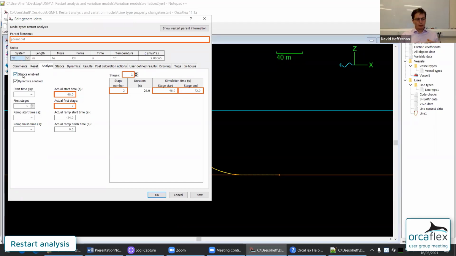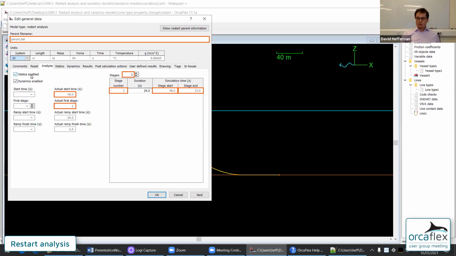I want to pick up all the nodes, positions, velocities, accelerations, any seabed friction state, anything like that. I want to pick that up and start my restart analysis with the model in that state. But instead, I've said no. Go and put the model in a static equilibrium and then start dynamics, and that's why we get the kick.